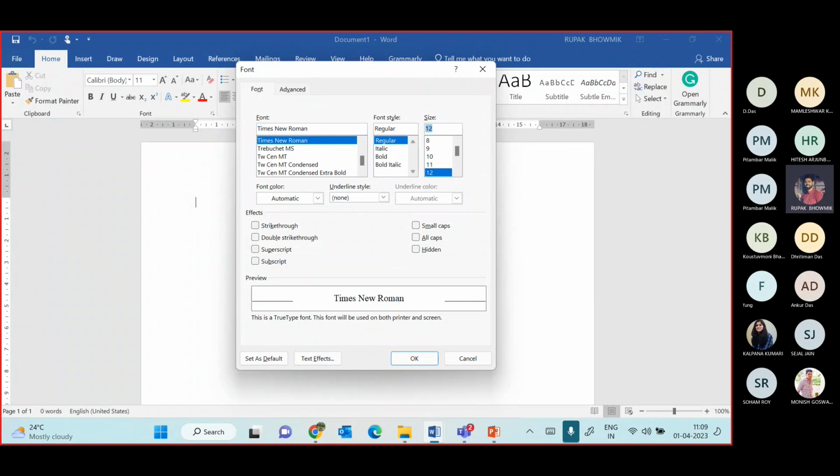Right now it is showing Calibri, size 11. So once I change the font to Times New Roman and the size to 12,